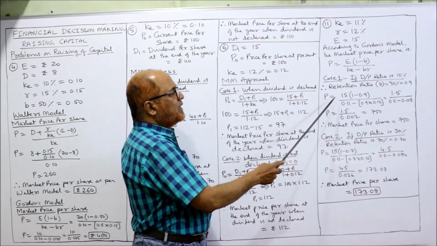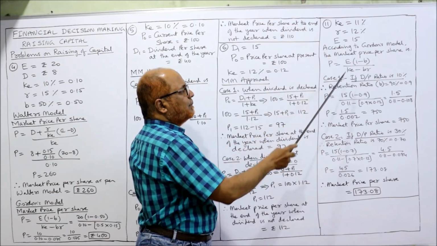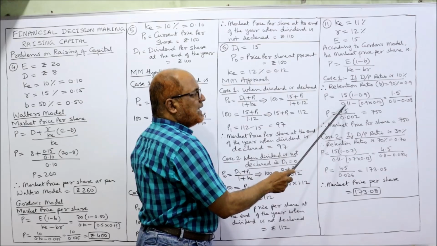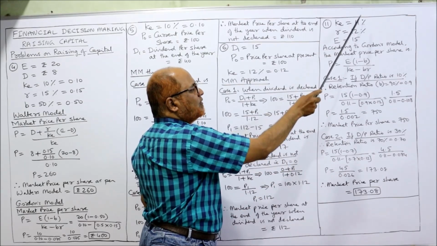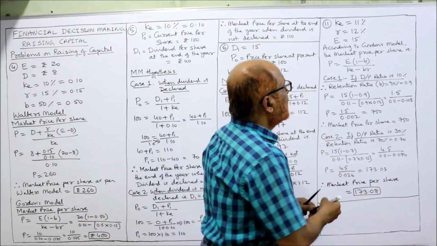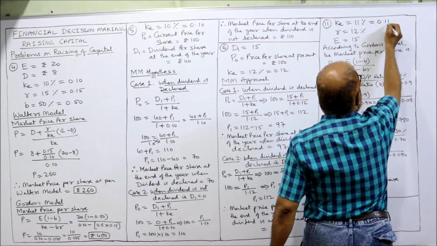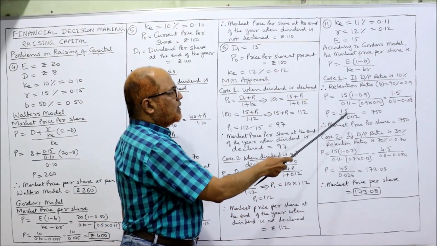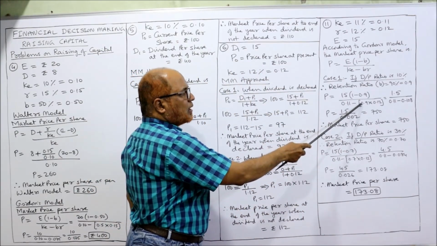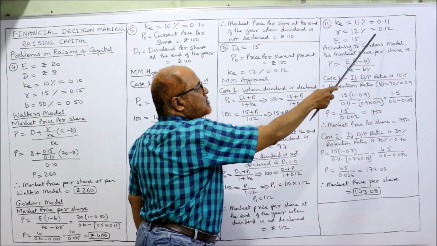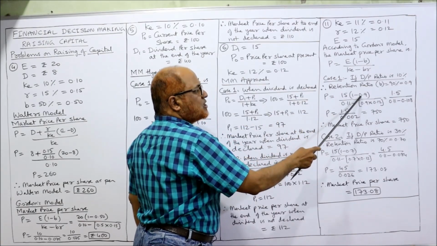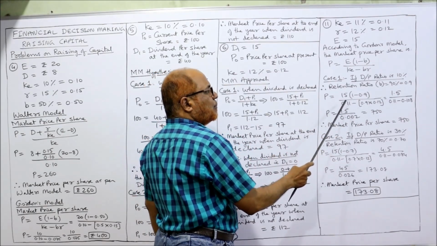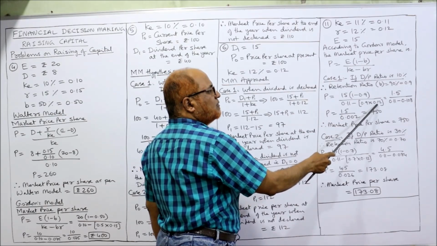Now we substitute. P is equal to E, E is 15, times 1 minus B, 1 minus 0.9, divided by Ke. Ke is 11%, or you can write 0.11, minus B into R: 0.9 into R. R is 0.12. So 1 minus 0.9 is 0.1. 0.1 into 15 is 1.5. Then 0.11 minus 0.9 into 0.12, you will get